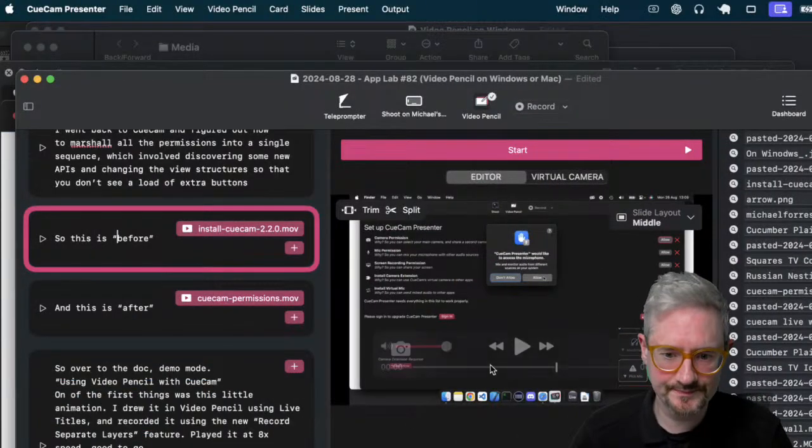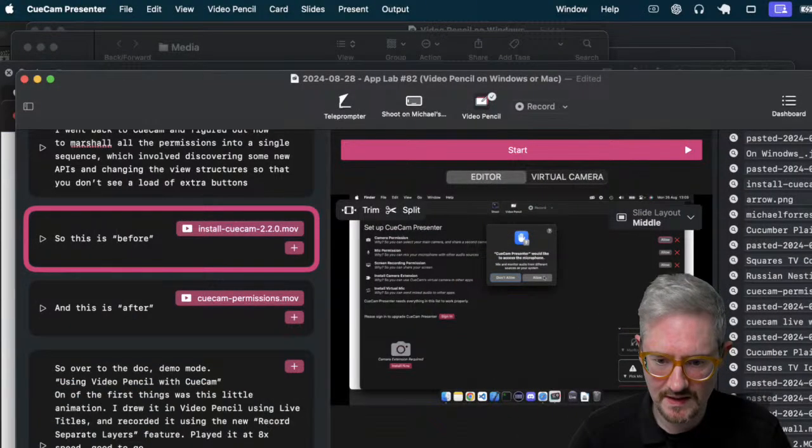I want to show you the before and after. So if I go to the doc, install CueCam and do that, share my desktop. So the before was,